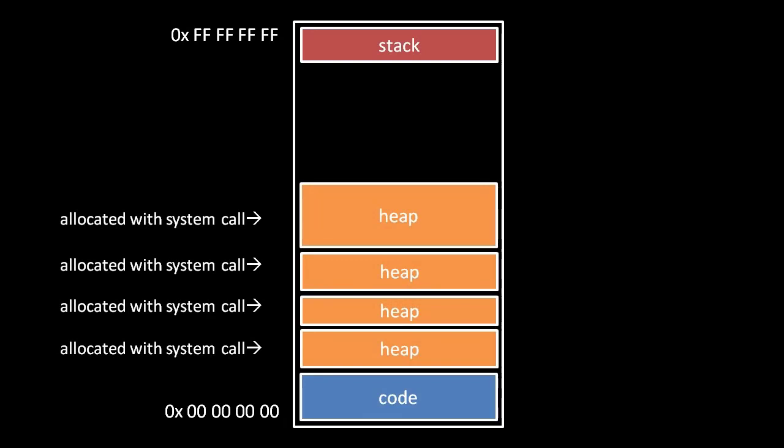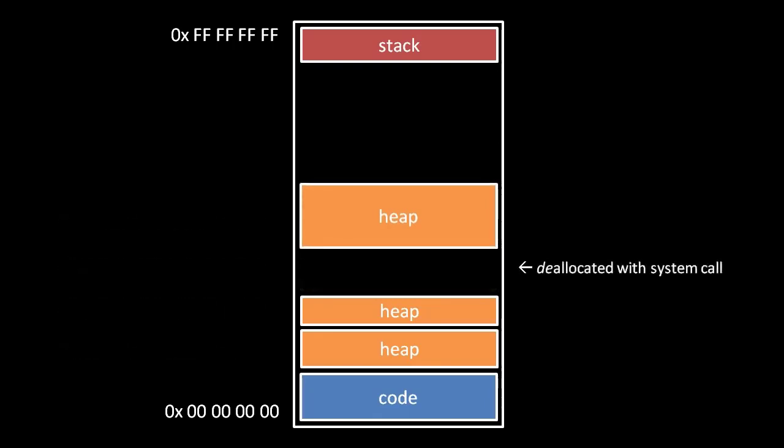In the call, the process specifies what size contiguous chunk it wants, but the OS decides where to locate these chunks in the address space, and the chunk locations are not necessarily adjacent. When a process is done with a chunk of heap, it should give the chunk back to the OS with a system call to deallocate. It is the responsibility of the OS to keep track of which portions of the address space are free for future allocations,